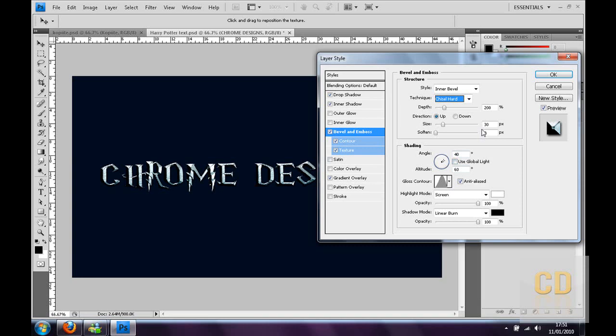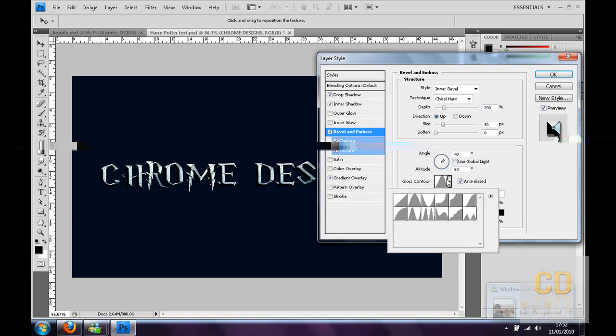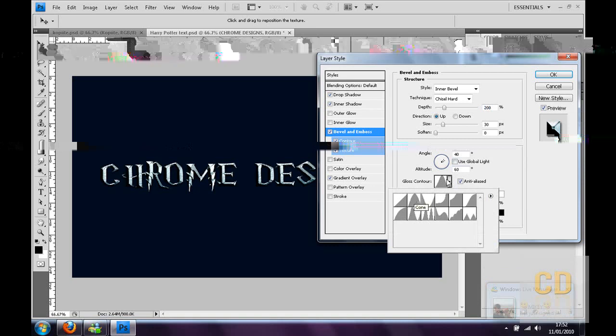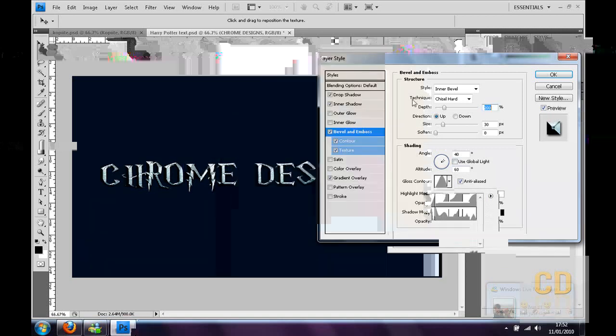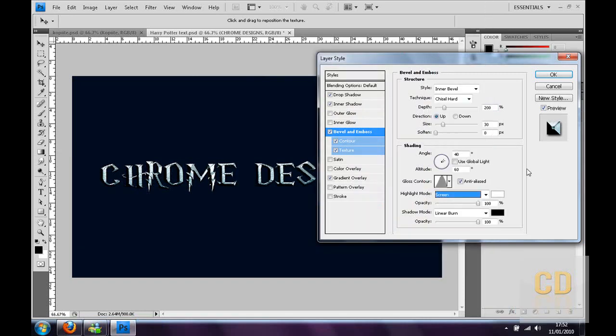That will basically just change the way the shadows occur. Then leave the rotation, use global light, and then when it goes on to gloss contour, click the down arrow and choose cone, then click it. Perfect. Okay, so then on the highlight mode, keep it to screen and color to white, but raise the opacity